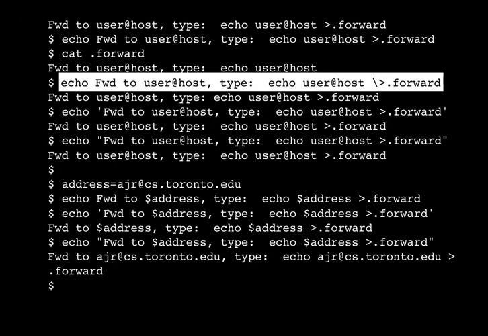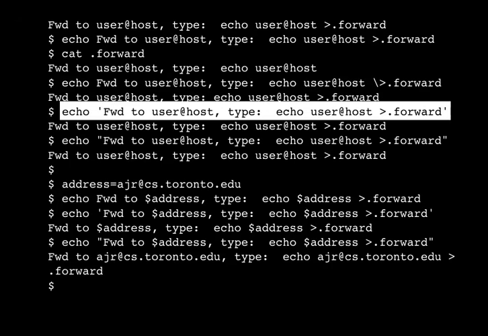That's because in this command, the first argument to echo is just FWD, second argument is 2, the third argument is user host, and so on. Whereas in this command, there is only one argument to echo, which is this string, forward to user host, type echo user host directout.forward. In any case, echo outputs all of its arguments separated by spaces, so the result is very similar. But compare